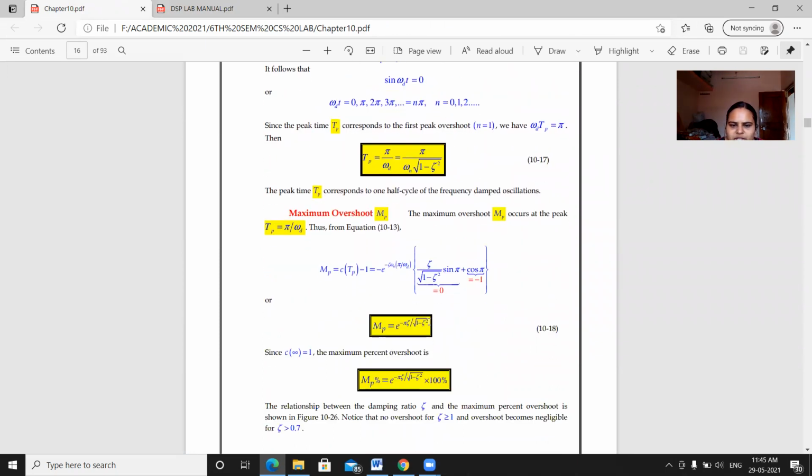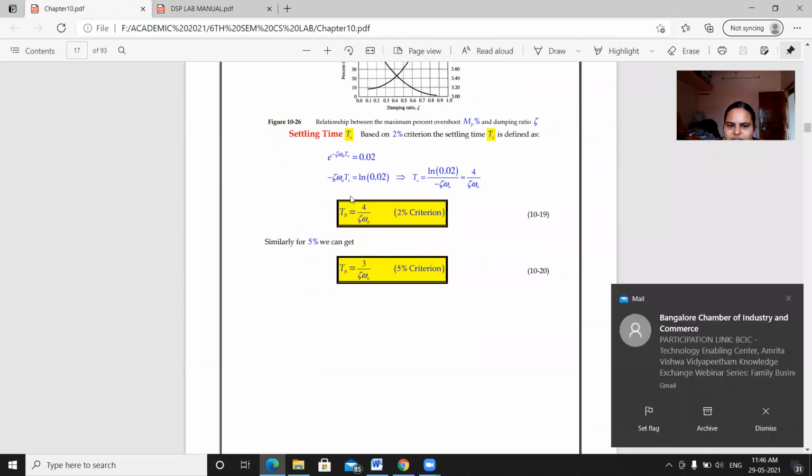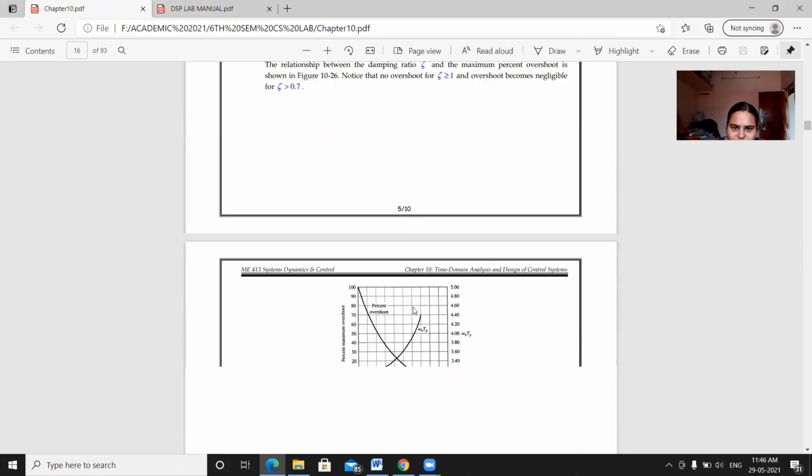Maximum overshoot MP is e raised to minus pi zeta divided by square root of 1 minus zeta square, into 100%. Settling time TS is 4 divided by zeta omega n for the 2% criterion, and for 5% it is 3 divided by zeta omega n. This is all about the equations.